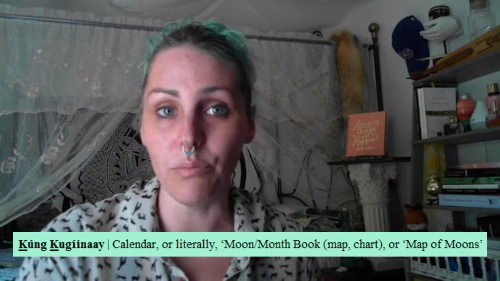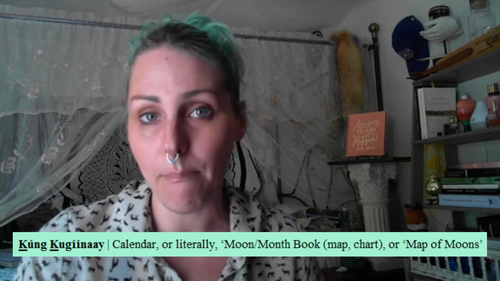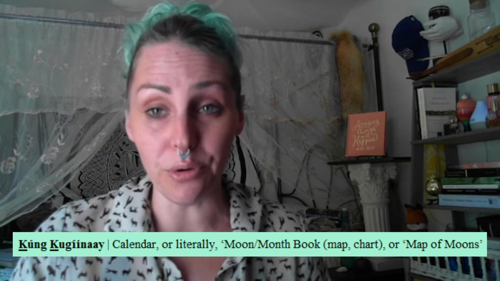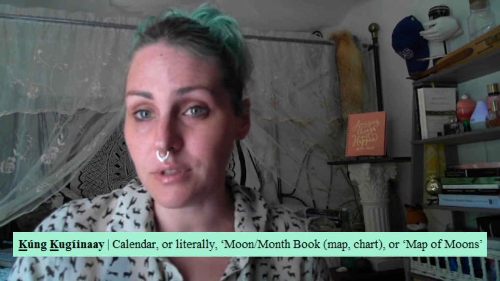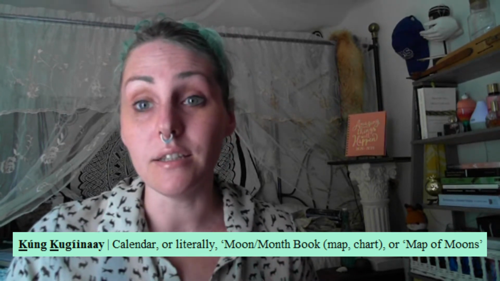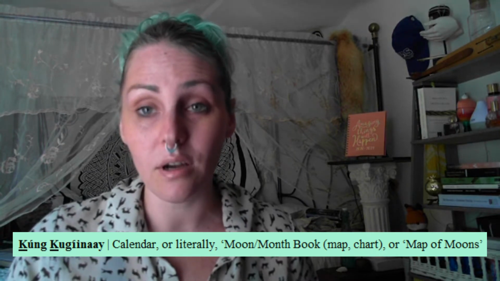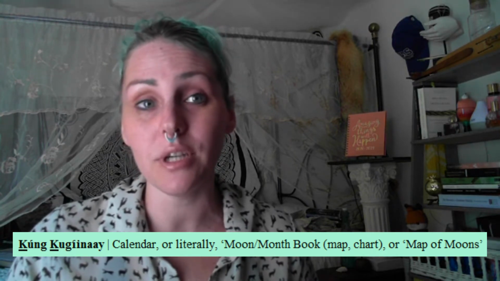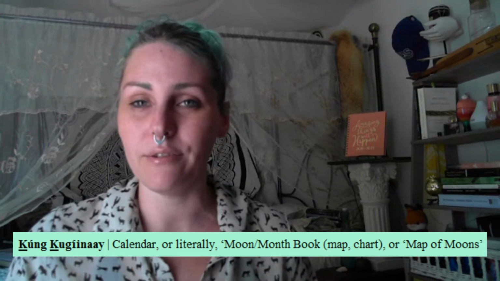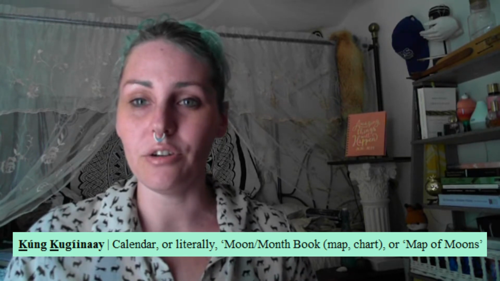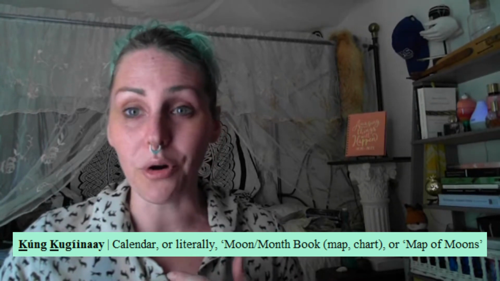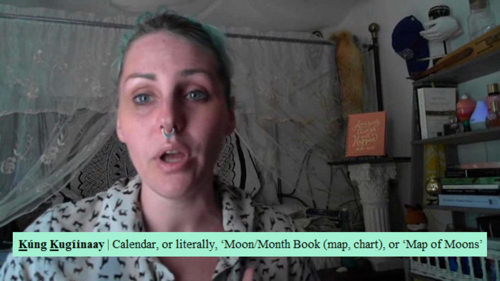or literally moon, book, or map. It could probably be translated as a book of moons or a map of moons, the literal translation. You would have to ask an Indigenous Haida person how they think that should best be translated. But when I came across that, I just thought it was such a romantic way of describing a year. And I tend to think the translation should probably be more a map of moons rather than a book, because